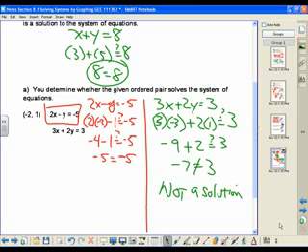Negative 6 plus 2. Well, negative 4 is still not equal to 3. All right, so